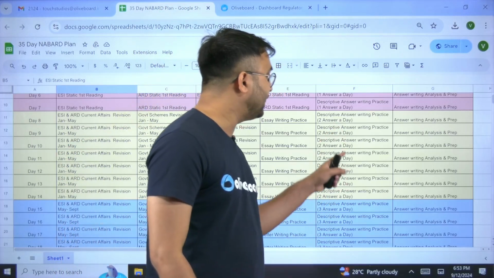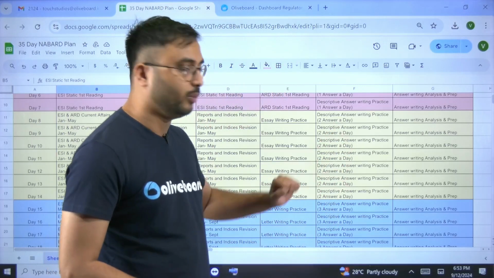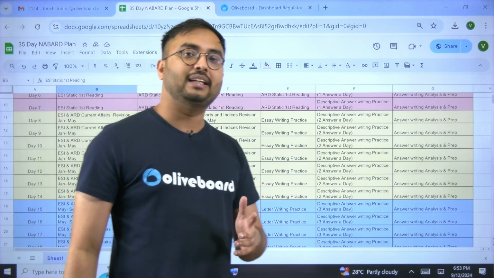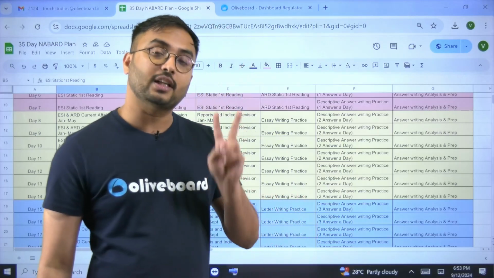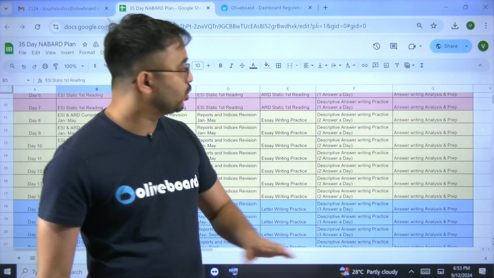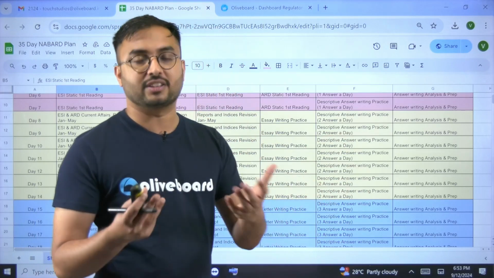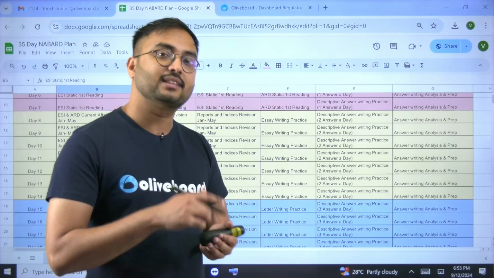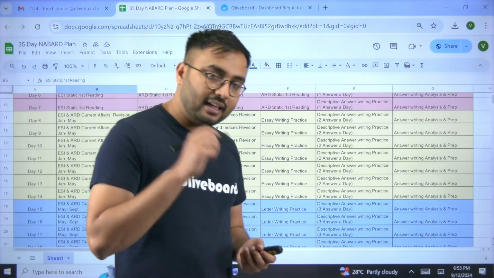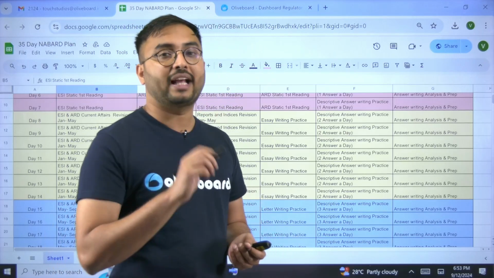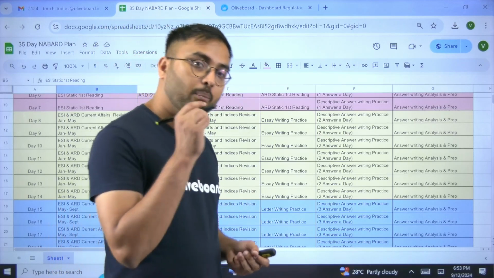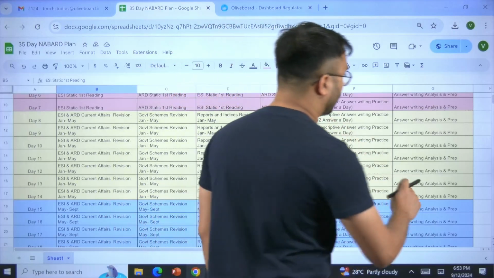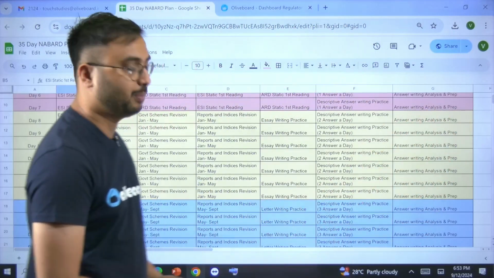Then descriptive answer writing practice changes here in the second week. You will not be writing ESI 1 answer and ARD 1 answer, but rather you will now be writing ESI 2 answers and ARD 2 answers. So day by day we will try to increase the number of answers per day, okay, so that answer writing की थोड़ी practice हो. In the real exam you have to write 4 answers out of 6 questions. So that is why everybody should go through bulk answer writing practice, and again answer writing analysis and preparation,